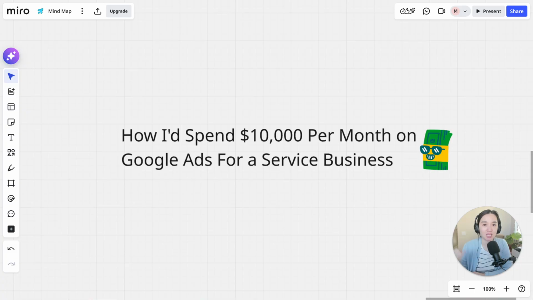Now, if you're spending $10,000 a month currently, and you maybe have an agency and you're not really sure if they're really using the right strategic approach, or maybe you're doing it yourself and you don't know if it's really maximizing the results, or maybe you're seeing that it's not getting great results, look through this framework that I've put together for this video on how I would go ahead and break down the specific allocation for the different